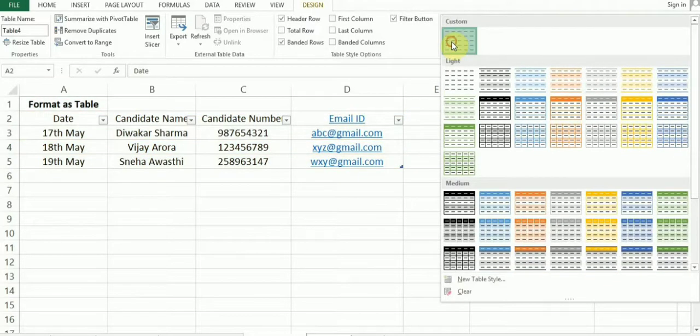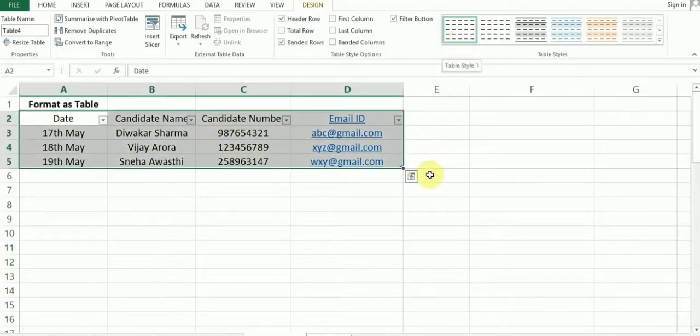We are keeping it on custom only. Now, once you select the table, you can see one new tab has been activated, which is the design tab. Now we'll understand everything in it.